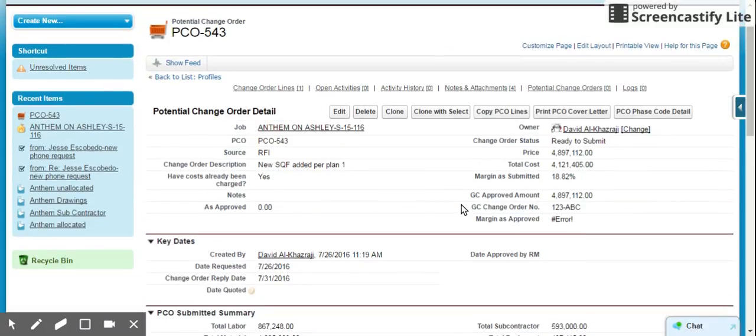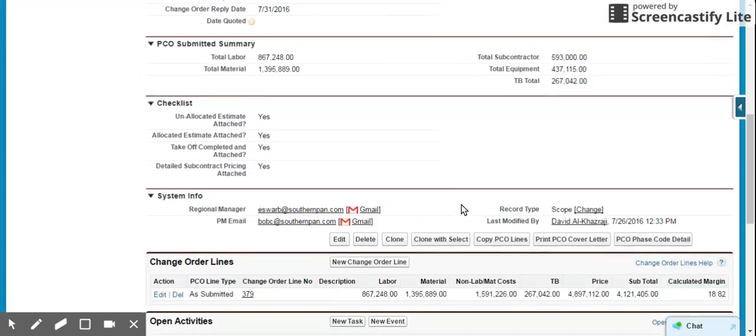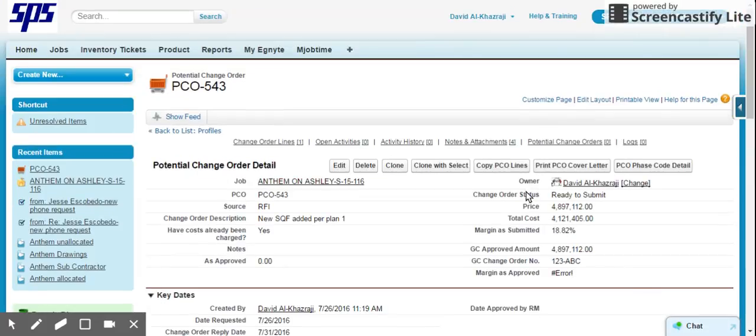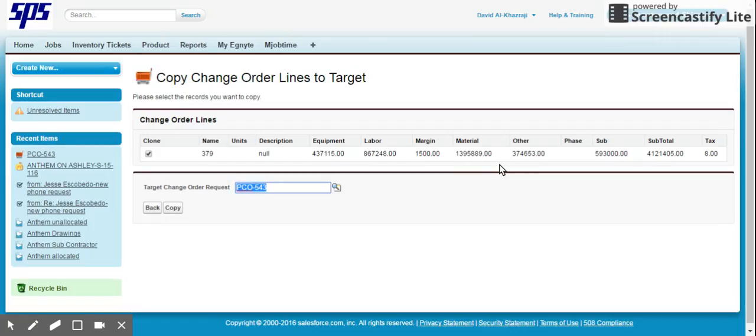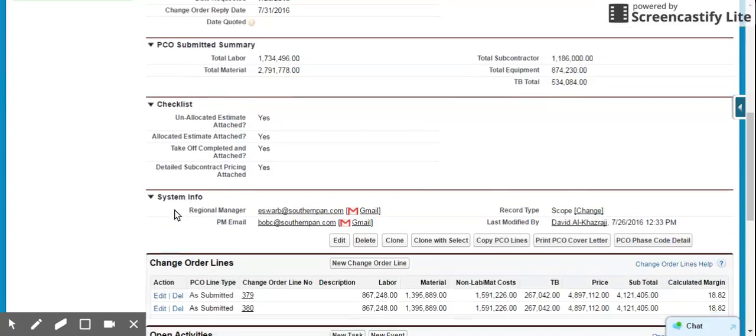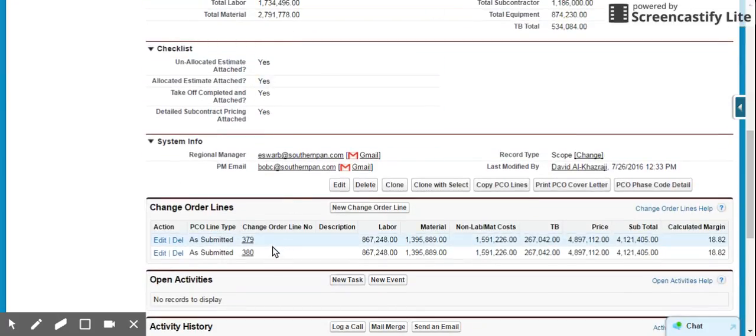So the next thing that I need to do is, if you recall in the previous step, I had all these change order lines that contained all the monetary information. The next step I need to do is to go ahead and copy them by clicking on the copy button. And what we're going to do is change that particular line. If you go down to my change order, you'll see that change order line 380 was created. And I need to go and edit that line